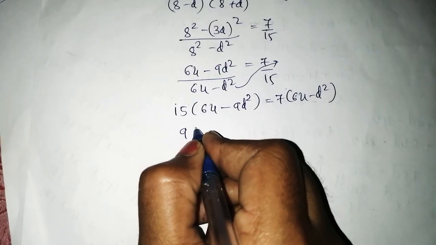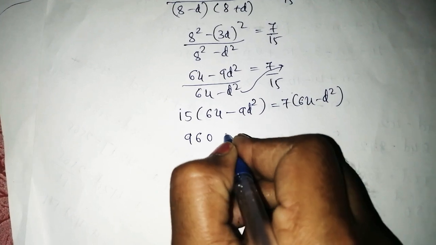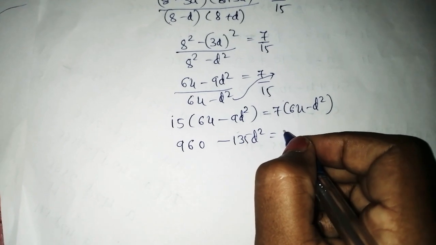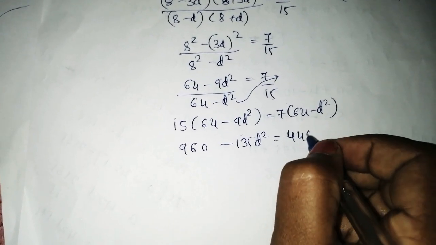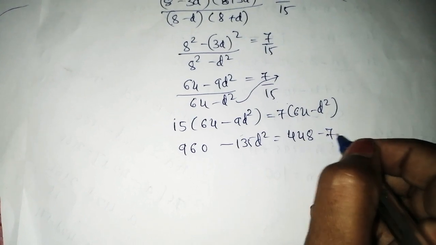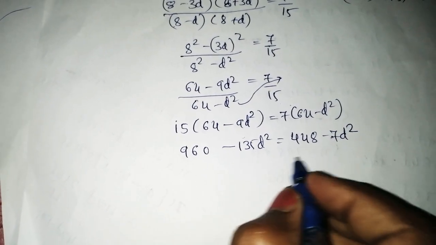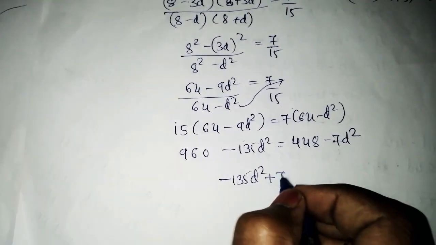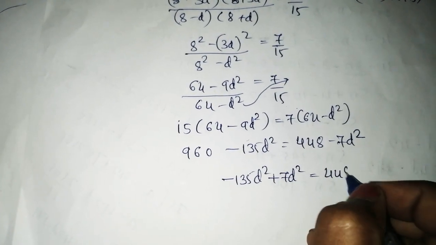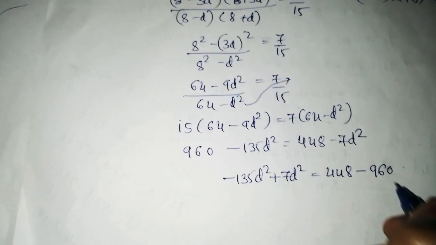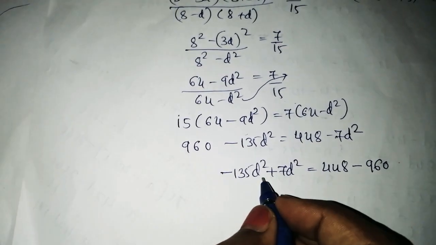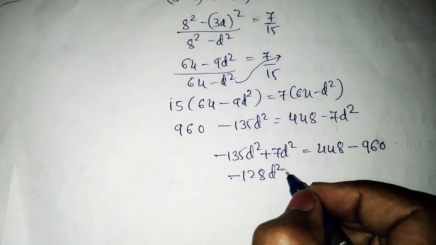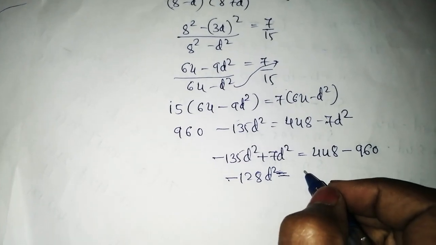So product here, 15 into 64 is 960, minus 15 into 9 is 135 d square, is equal to 7 into 64, it is 448, minus 7 into d square is minus 7 d square. Make d square one side and number one side, that is minus 135 d square, that minus 7 becomes plus 7 d square is equal to 448, that plus 960 becomes minus 960. Here minus 135 plus 7 is minus 128 d square, which is equal to 448 minus 960 is minus